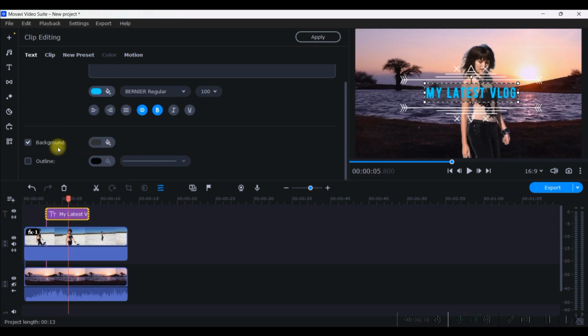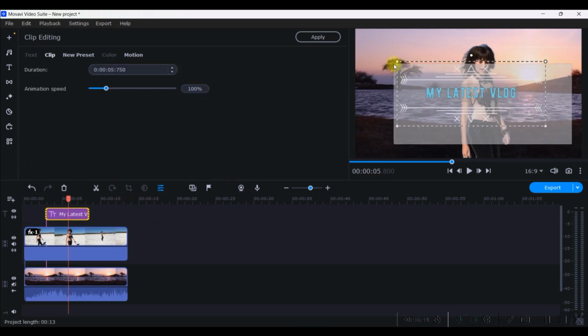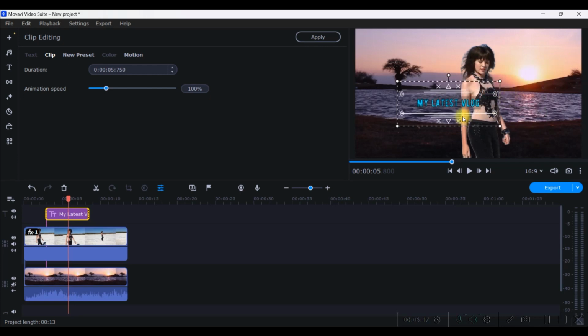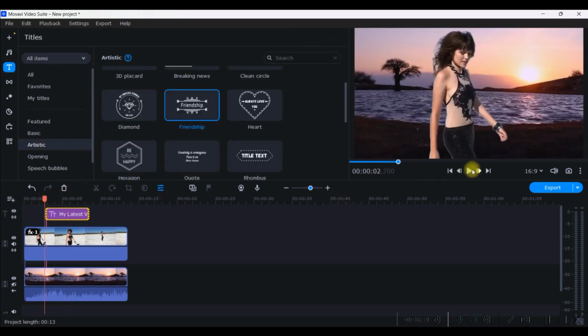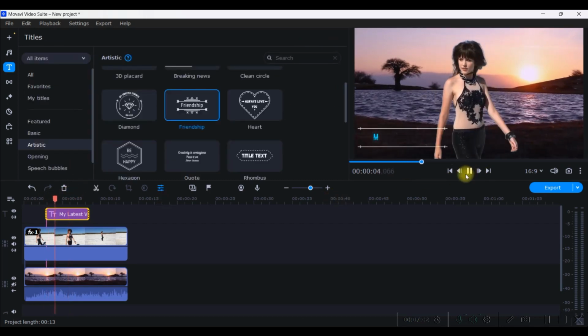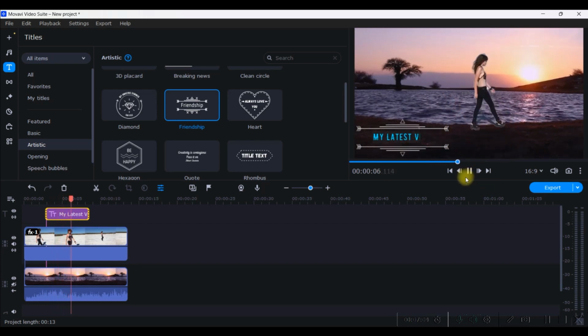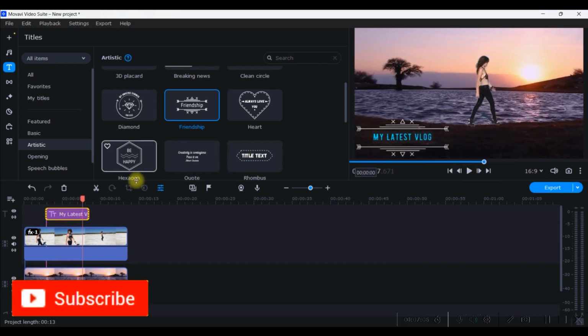And then you have outline options as well. If you want, you can go for it. There are different widths available, so once you're satisfied with it, you can just select them all together and make it small, make it short or long, and then you can situate it in the right position where it will be visible. Now if you are satisfied, then go and check how it looks. Right, this is how it is looking.